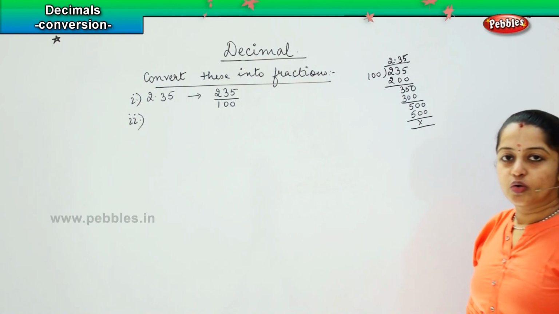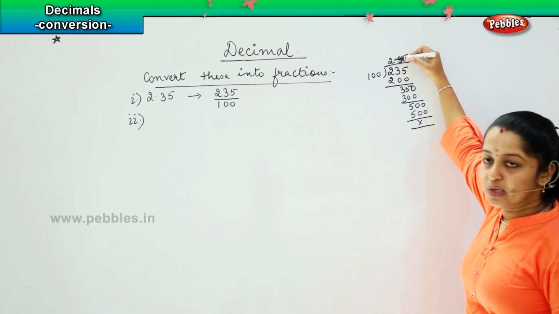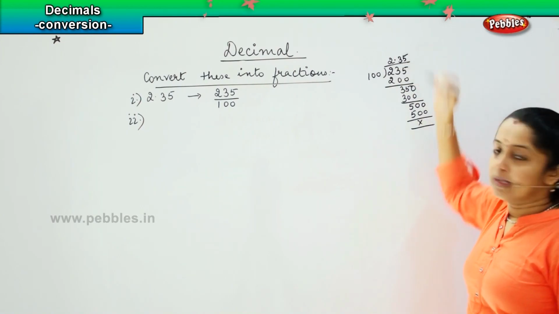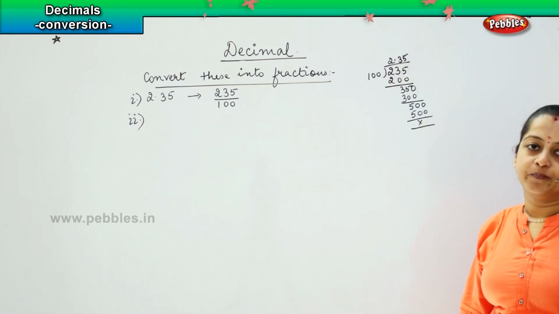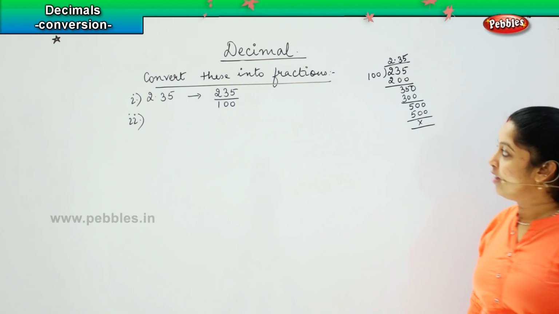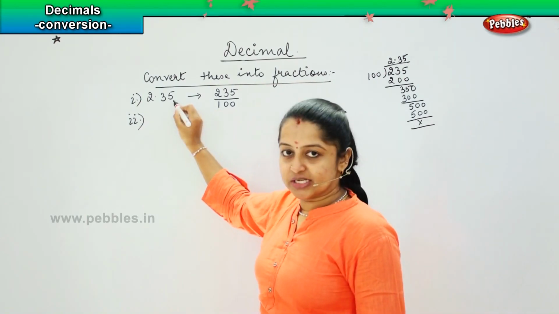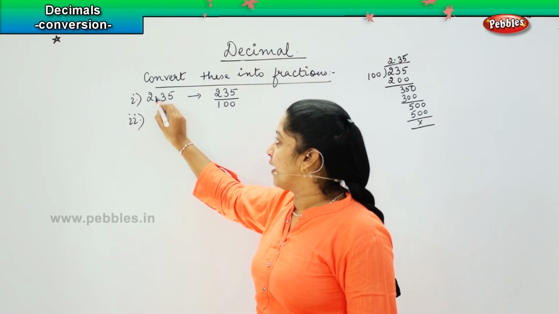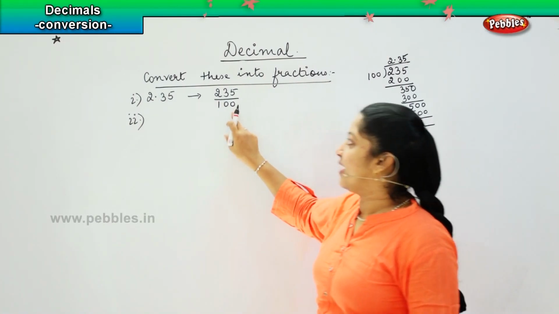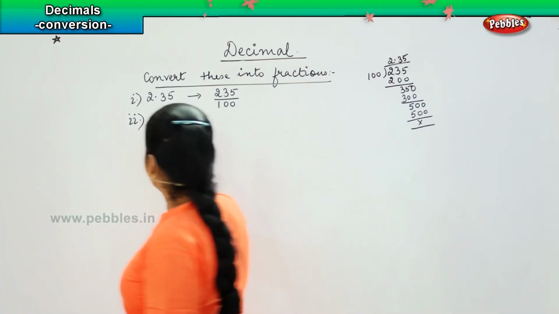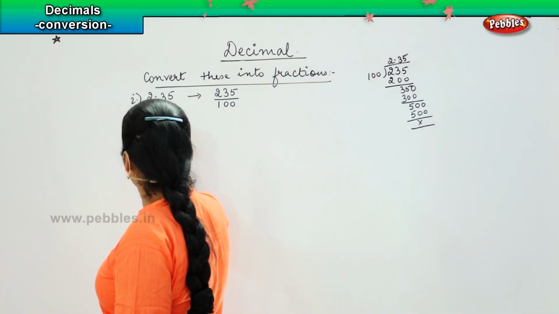Okay. So what did you notice here? When I put a decimal over here, I add a 0 down and then I make the number divisible by the given divisor. Okay. So which means that whenever you have 2 digits after the decimal point, the same number will be divided by 100. Now, if I have this number as